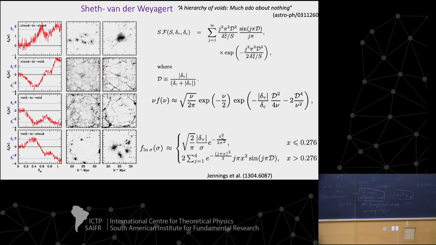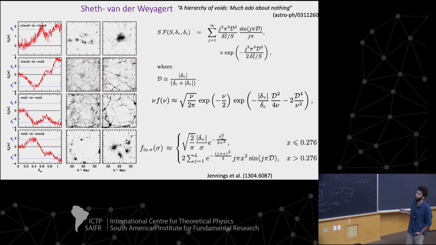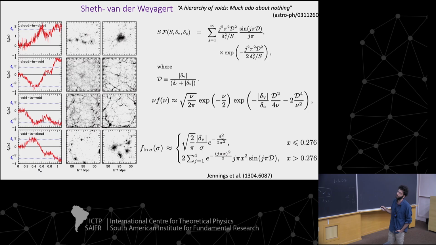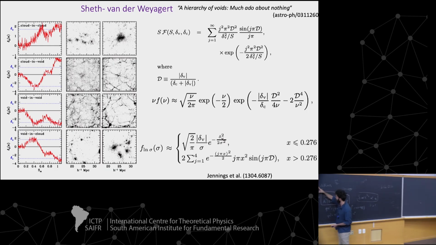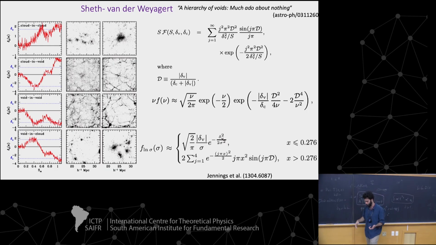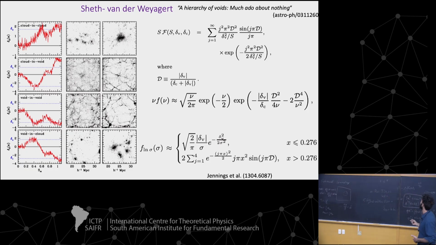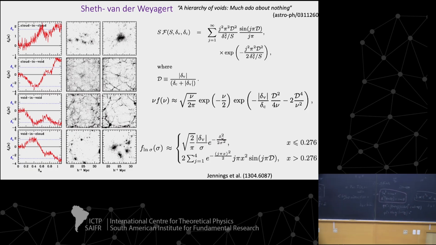So you start with also a random walk. When the density crosses a threshold, it will become a halo. But now you also have a lower threshold, negative delta, that will tell you if something has become a void or not. Now, how do you define a void? All these equations that I wrote can also be rewritten with negative k. So you send this minus to plus, and you move from cosine to hyperbolic cosine and from sine to hyperbolic sine. And if you do the math, you get that